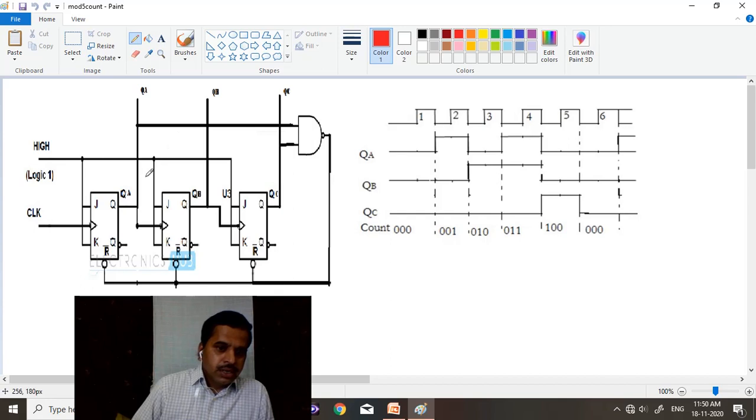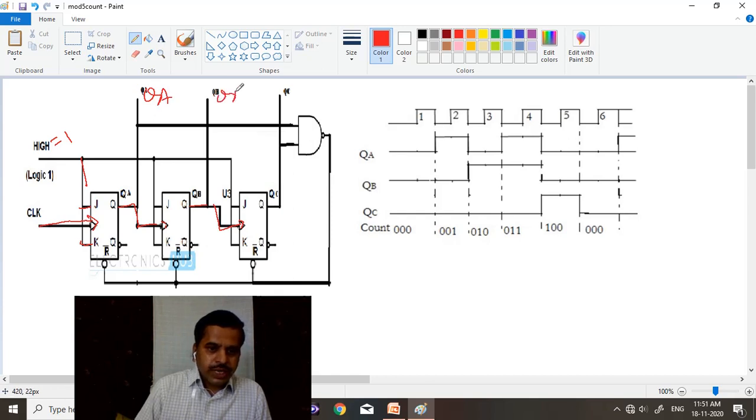To make it a counter, both the inputs J and K of all the flip-flops must be connected to 1 as usual. It is a synchronous counter. We only apply the clock signal to the first flip-flop and the subsequent flip-flops are driven by the output of the previous flip-flops here. We have taken outputs from QA, QB and QC.